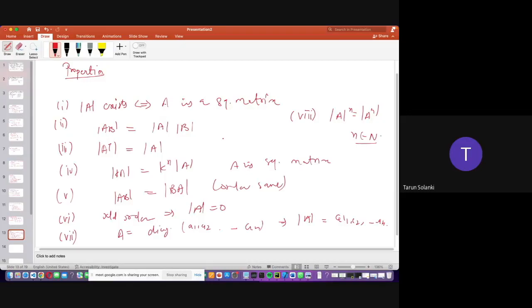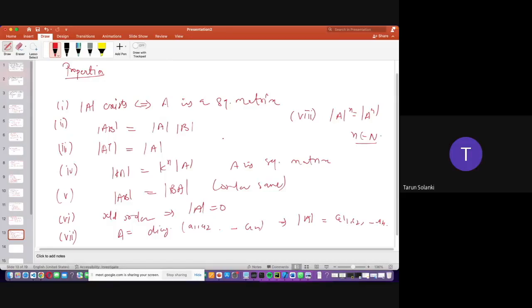First one is, if mod A exists, then A is a square matrix. Next is mod AB, you can write mod A, mod B. Next is A transpose: mod A transpose is equal to mod A. Next is mod KA, you can write K to the power n mod A, where A is a square matrix of order n. Fifth property, if A and B are square matrices of the same order, then mod AB is equal